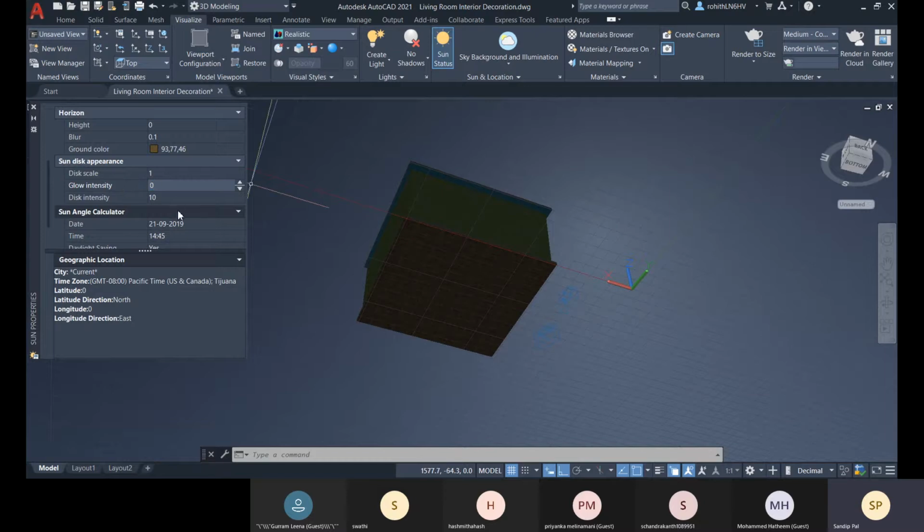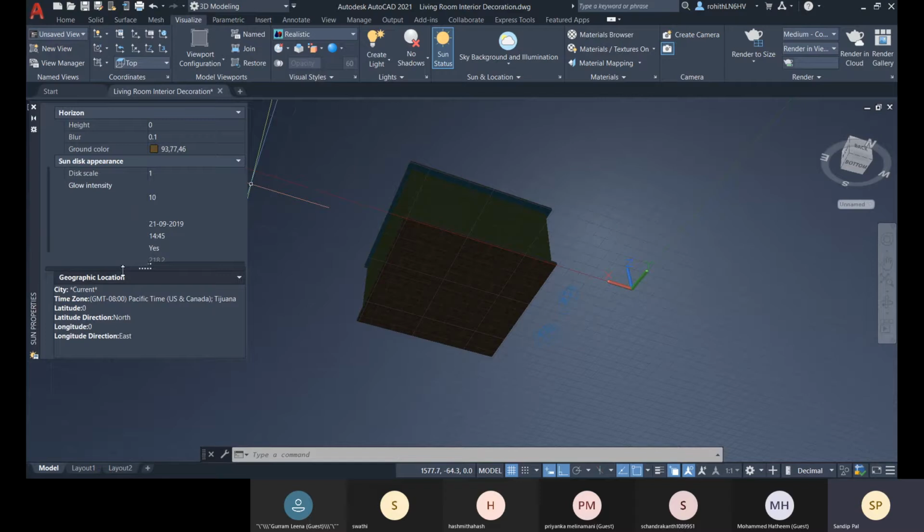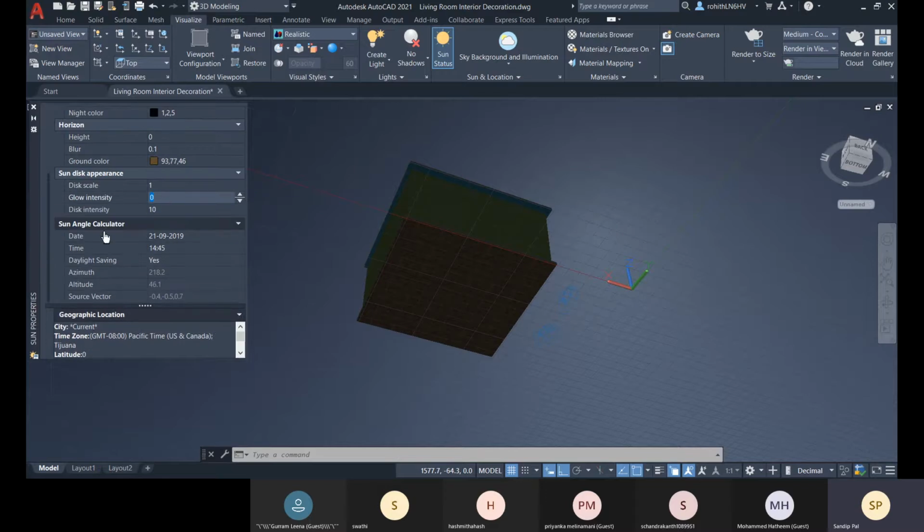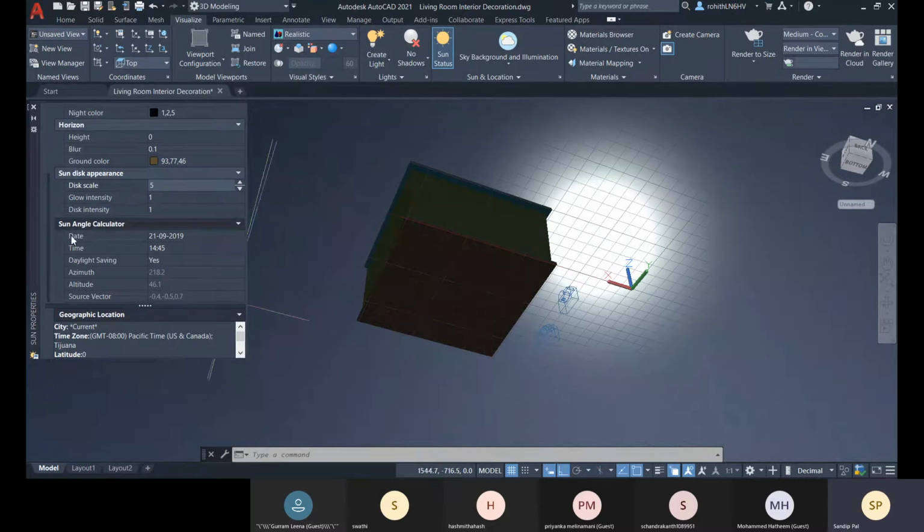Now let me change the sun angle calculator. So here let me give the glow intensity. So the sun position you can change with the date and time.